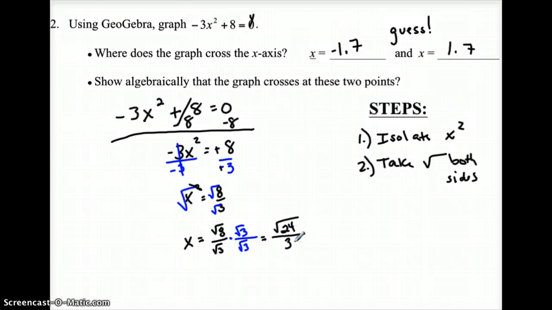Rather, what we have to do is factor tree, simplify this radical. So 24 breaks down to a 12 and a 2. This breaks down to a 2 and a 6. And this breaks down to a 2 and a 3. So what am I looking for? I'm looking for pairs here. It's going to take 2 to go out and play. So, let's see. I'm going to end up with,